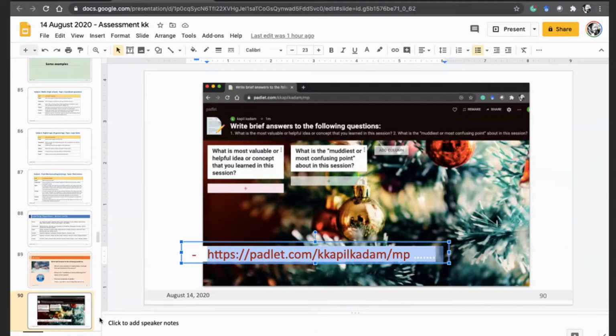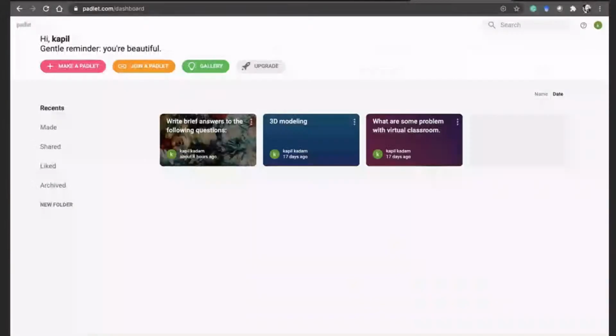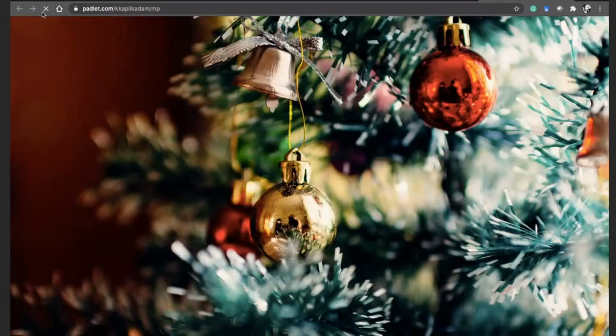Yes. So I want all of you to go to Padlet. It's a very simple code. Just copy paste or click on the link. You will be directed to... I'll open my Padlet. So you can see